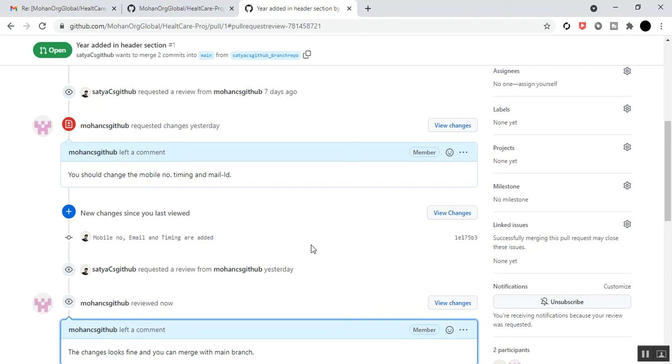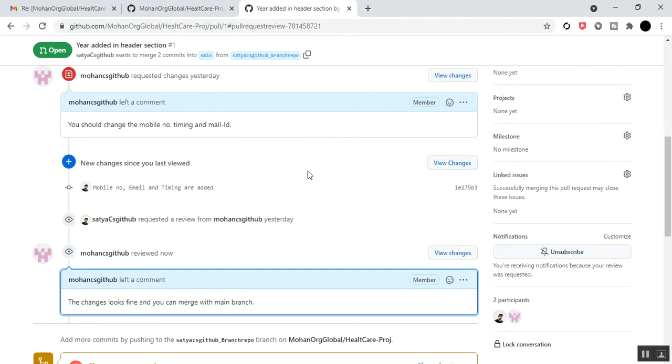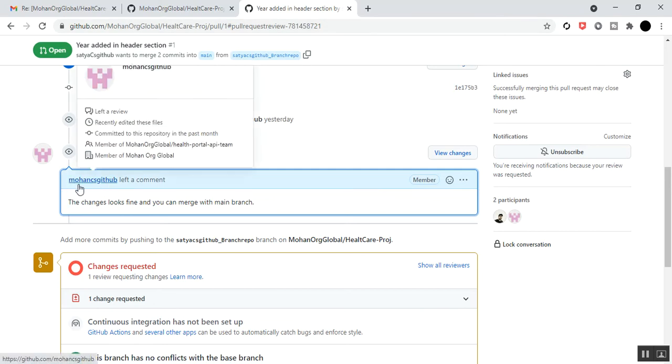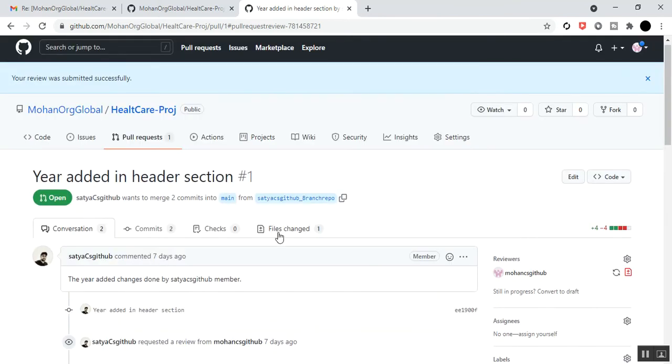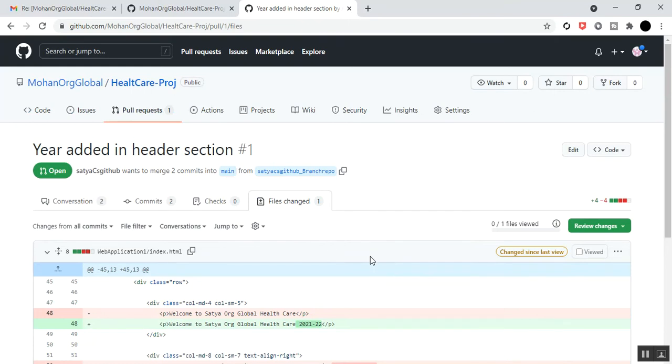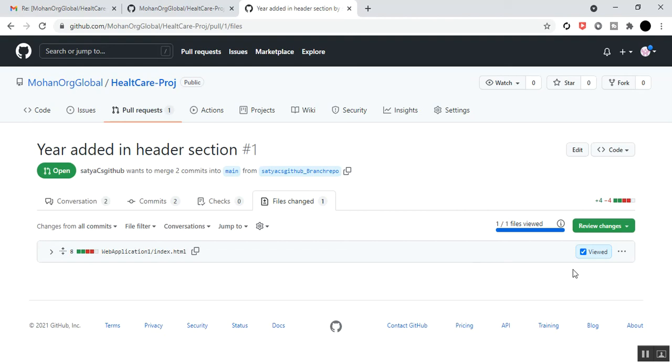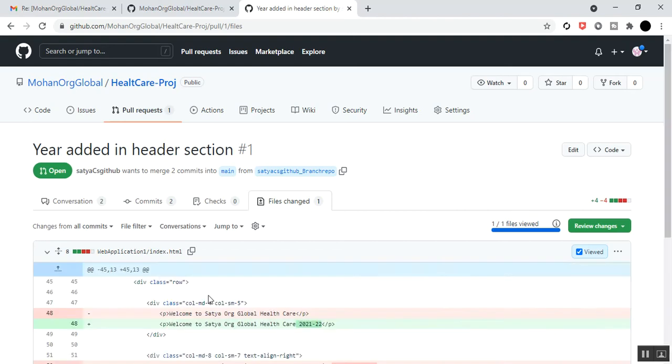So the owner will go to the pull request review again, and the owner can see whatever comments he has given. The owner left a comment, the changes look fine and you can merge with the main branch, so the pull request has been updated with the latest comment given by the owner, that is Mohan CS GitHub. So again I'll go to the file changed option here, and just click here on viewed. That means the owner has viewed these changes, and again I'll go to the conversations,